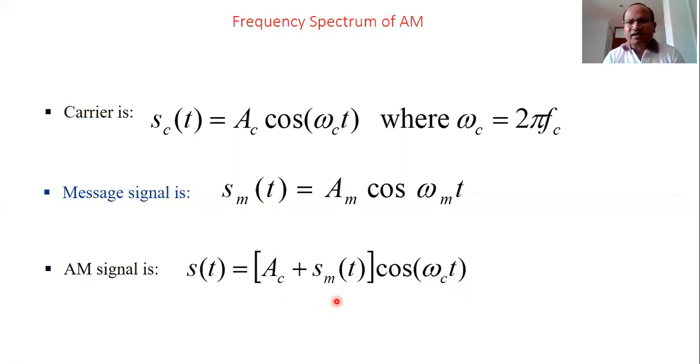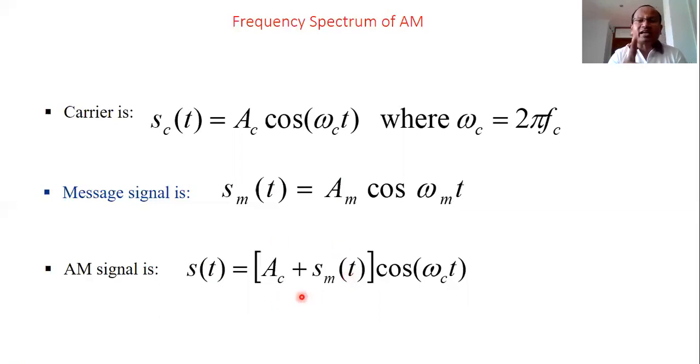Now, let us again define amplitude modulation. Amplitude modulation is a process in which the amplitude of the carrier signal changes in accordance with what? The instantaneous value of the modulating signal. The instantaneous value of the modulating or message signal is sm(t) here. So Ac plus sm(t), because the original carrier amplitude is Ac, is modified by the term sm(t), because in amplitude modulation the carrier amplitude varies according to the instantaneous value of the message signal.